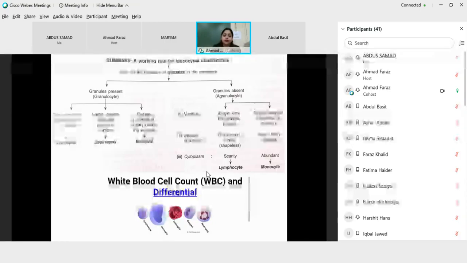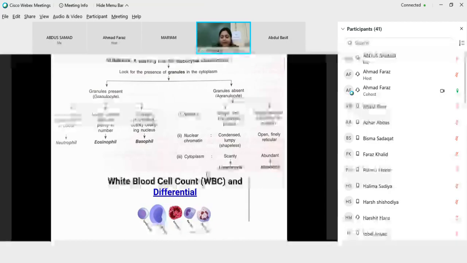Eosinophils have brick red, large granules, plenty in numbers, okay? And these granules don't overlie the nucleus, whereas in basophils, the granules are again large and coarse, but the color over here is purple or blue, and they overlie or cover up the nucleus, but these granules are very scanty. Then